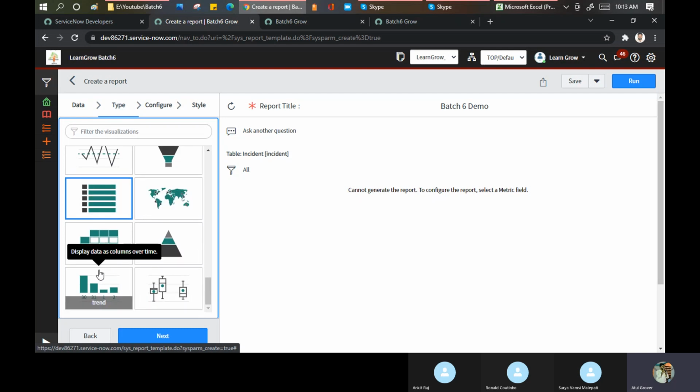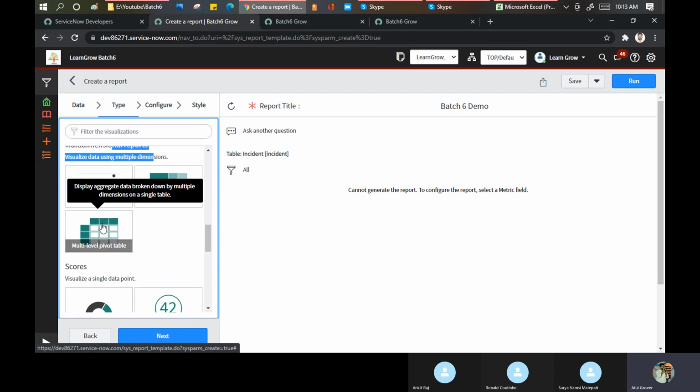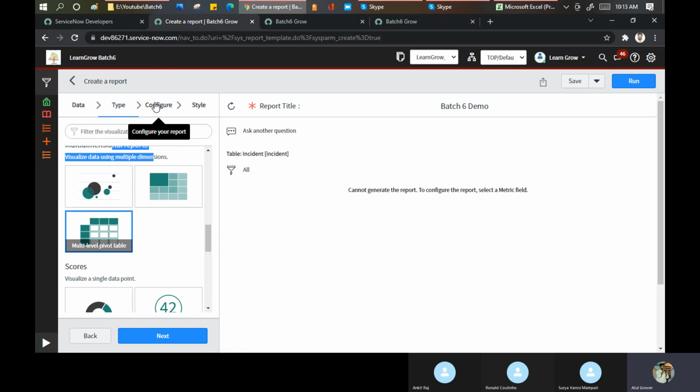So you can think about it and you can do it, but it is not possible, like, Atul, can I use the list view and can I show the map as well in the same report? No, that is not possible. So I'll take the example of the multiple pivot. Okay, let's take this as an example. Now on the basis of your type of report, this configuration will vary.